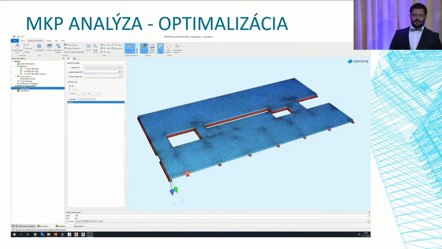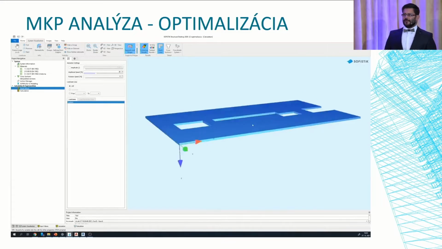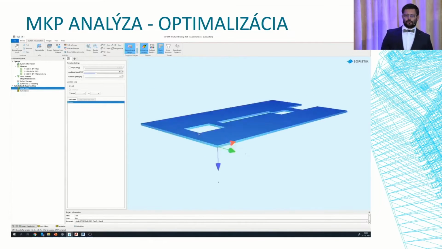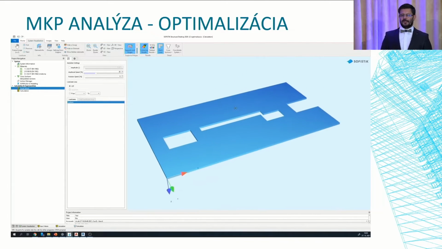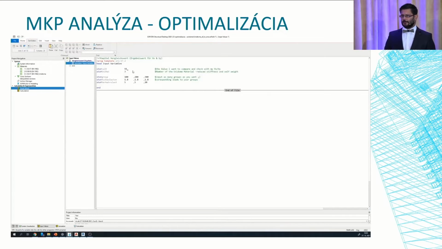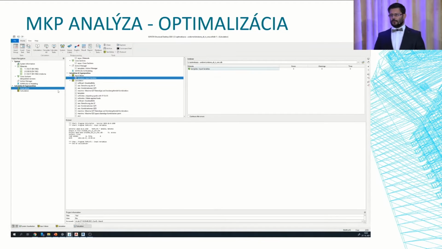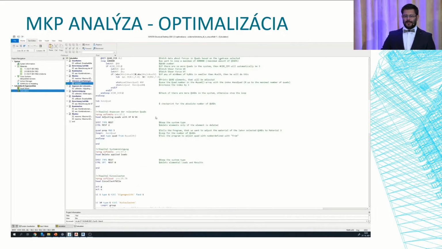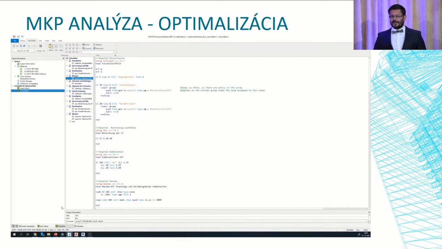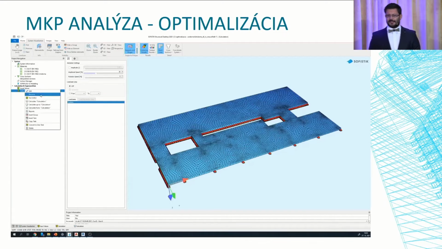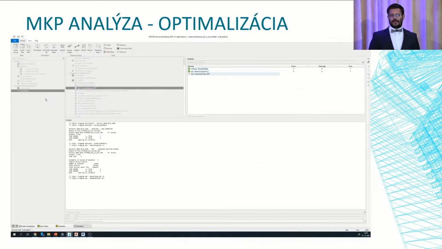You need to be able to create your own script. There should be a blade or a surface that should have a reinforcement, and it should be a specific type of surface, lighter surface, and then there is a script that offers you different combinations. The system evaluates each and every element and then assesses whether it fits our requirements or not. This could be an iteration type of process. This is a partial